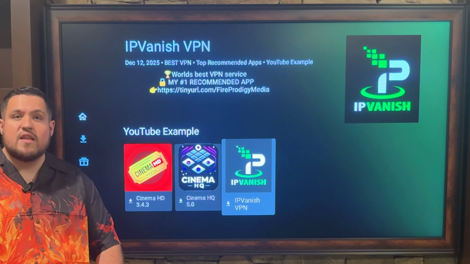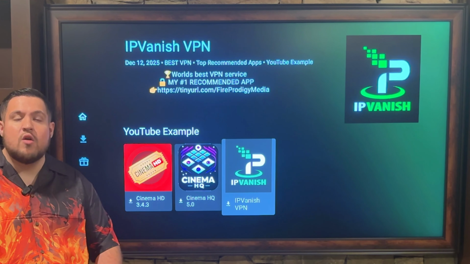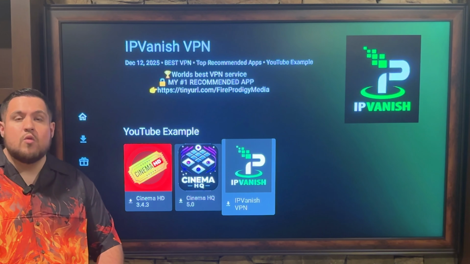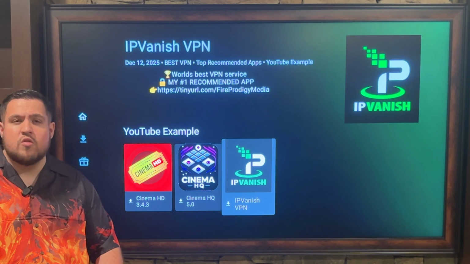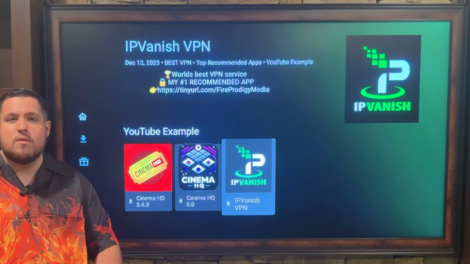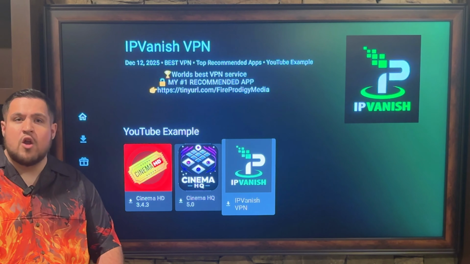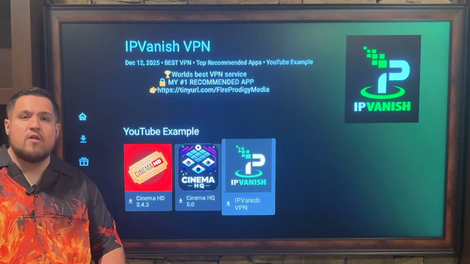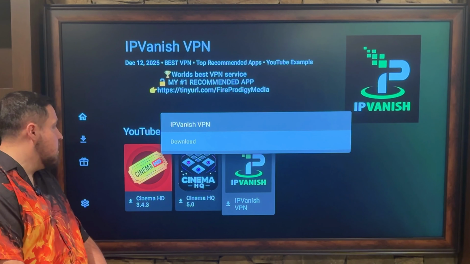But for today, I'm going to go all the way down to the bottom where it says YouTube example. And as you can see, the first app I have highlighted here is IPVanish. That's our VPN. And why do you need a VPN? That's because a lot of these third-party applications require a VPN. With a VPN, you can stay 100% safe and secure. Depending on what country you live in or what internet provider you have, they may be putting restrictions on you and your device. So in order to go ahead and overcome internet censorship, we're going to download IPVanish by clicking the center button on a remote one time. Click download,